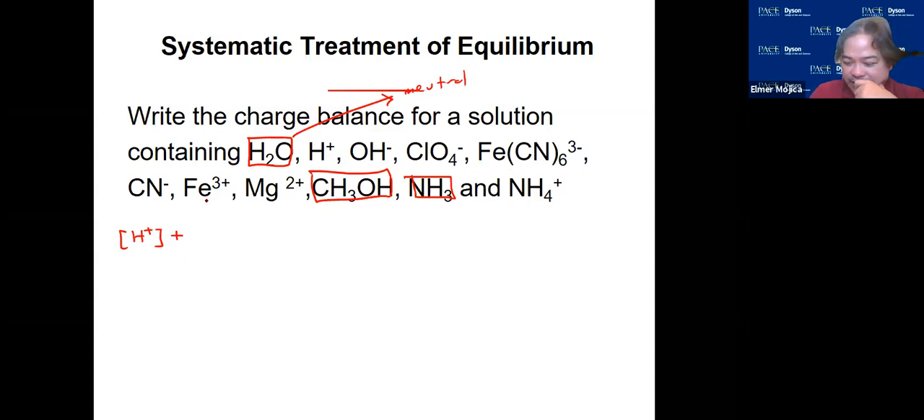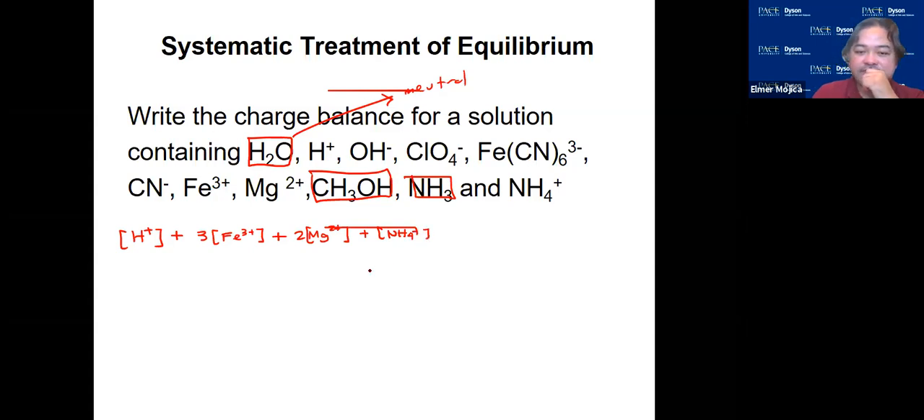So how do we write the Fe3+? We put the 3 there for the Fe3+. Why 3? Because you multiply it by the charge that it has. So for magnesium, you have 2 times magnesium 2+. And last but not the least,